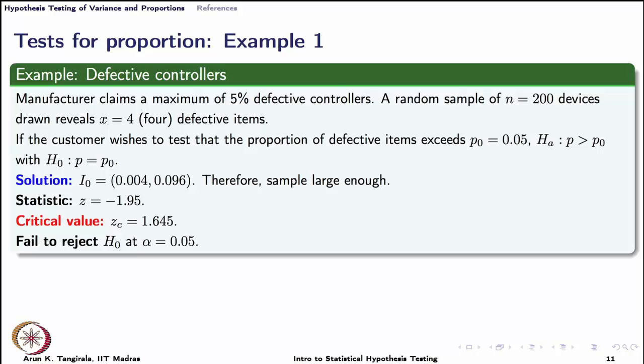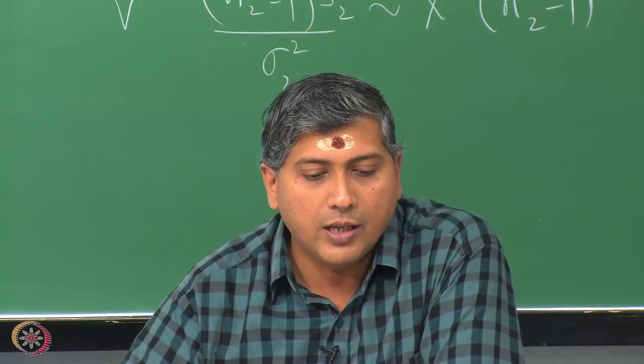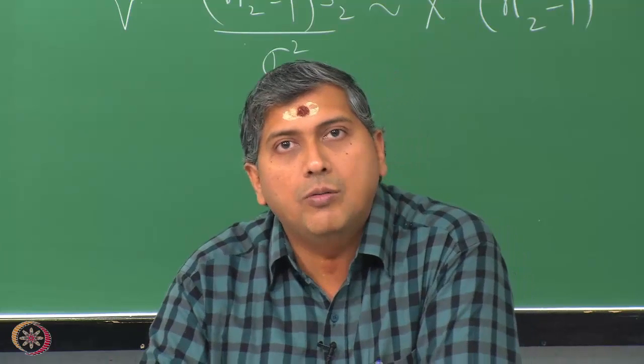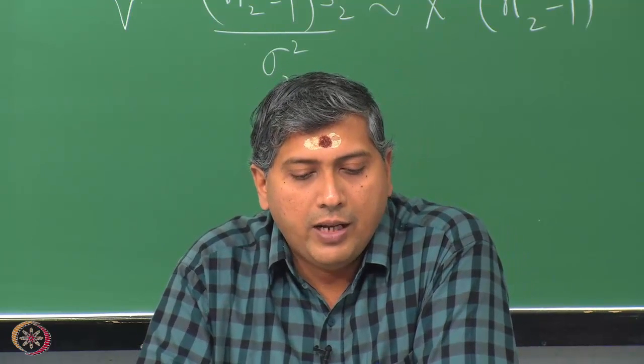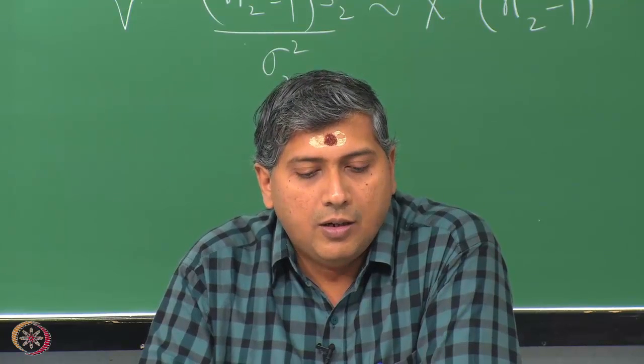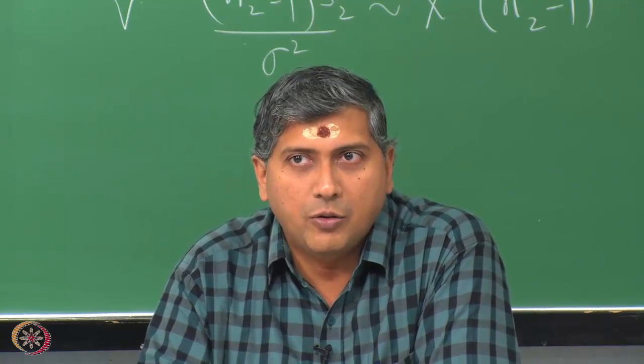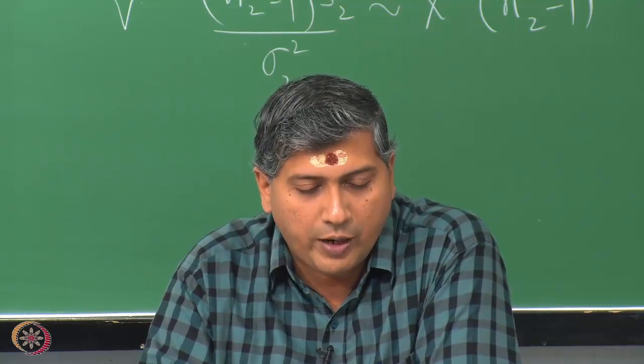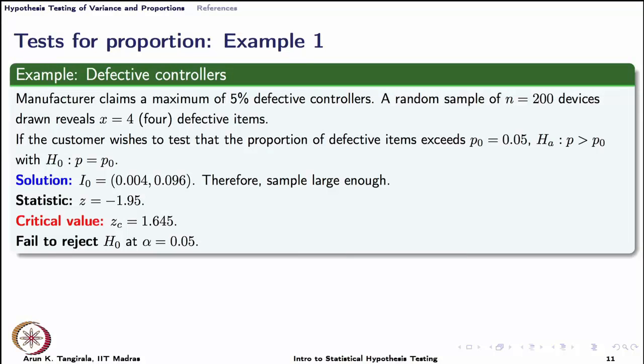Remember, this is a one sided, in fact an upper tail test, and therefore the critical value is going to be on the right side, and we compute this using qnorm of 0.95 because alpha is 0.05, and that works out roughly to be 1.645. Therefore, now the statistic is to the left of the critical value, and therefore we fail to reject the null hypothesis. In other words, the manufacturer is safe. The manufacturer can claim that yes, the maximum possible proportion of defective controllers in his